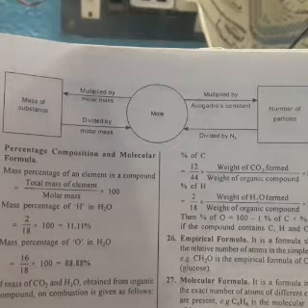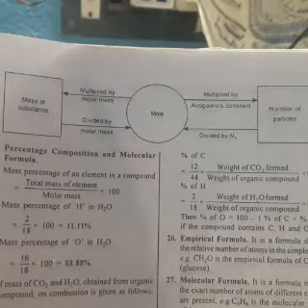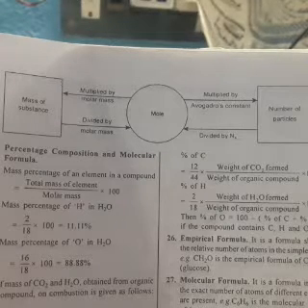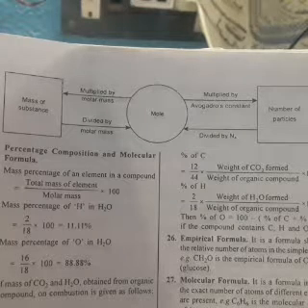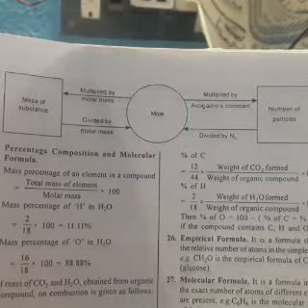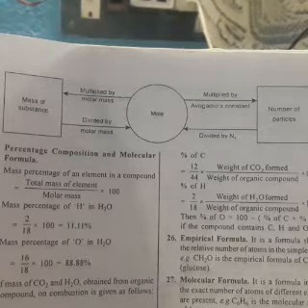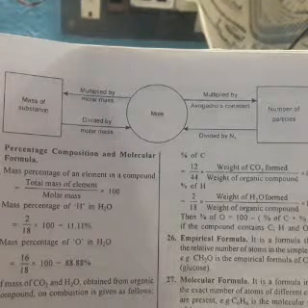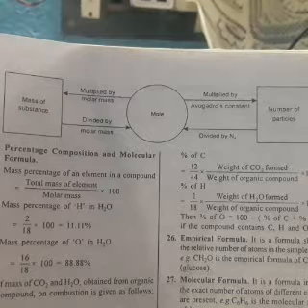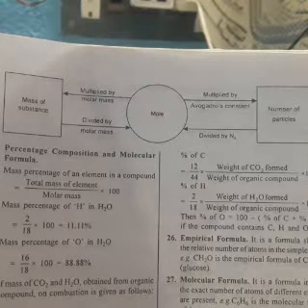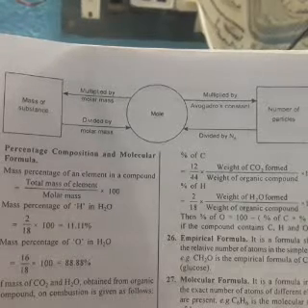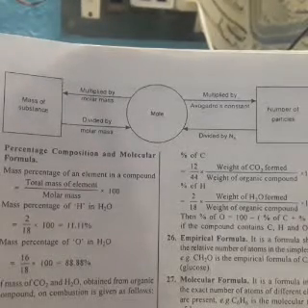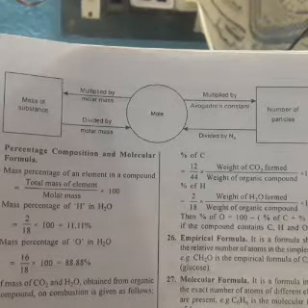Suppose 1 mole of sodium chloride, if you multiply it by the molecular mass, meaning the molar mass, what is the molar mass of sodium chloride? Sodium 23 plus chlorine 35.5, almost 58.5. Then you get the mass of the substance. It's very simple: instead of 1 mole, 1.5 mole, 2 mole, 3 mole, whatever you have given,